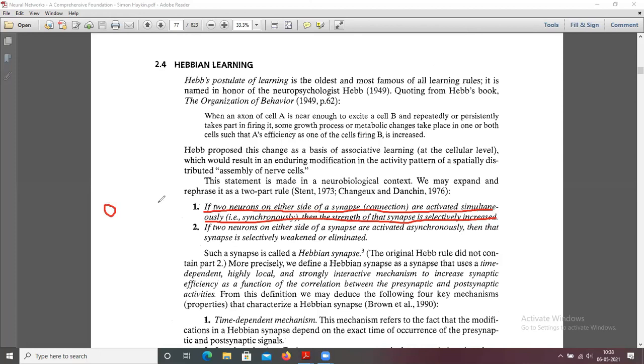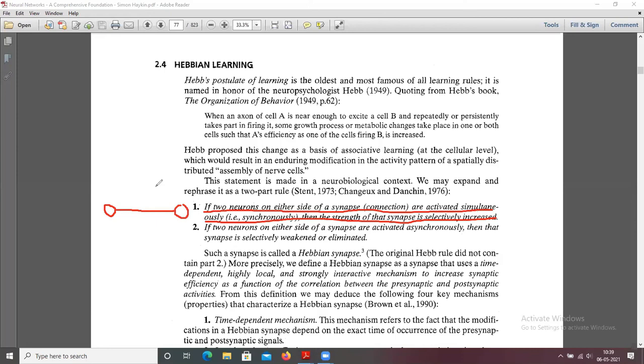This is one neuron, and this is another neuron. If two neurons on either side of a synapse, this is the synapse, this is the connection, activate simultaneously,